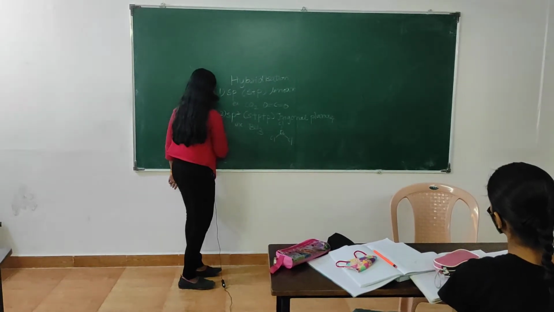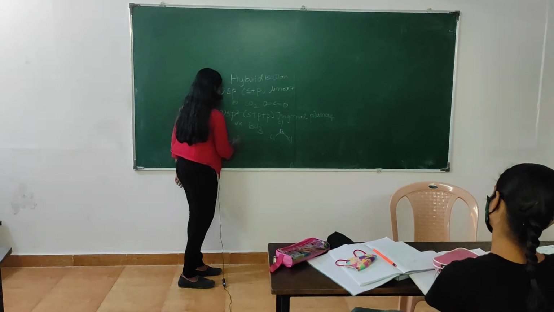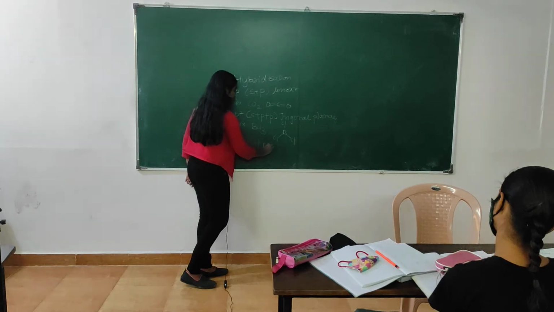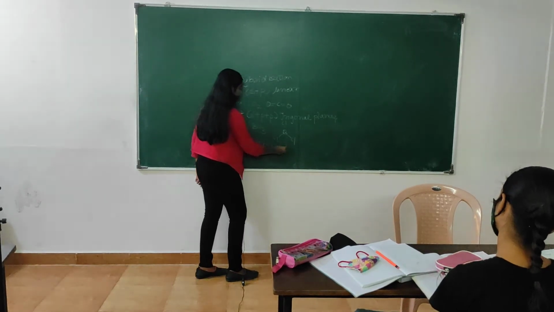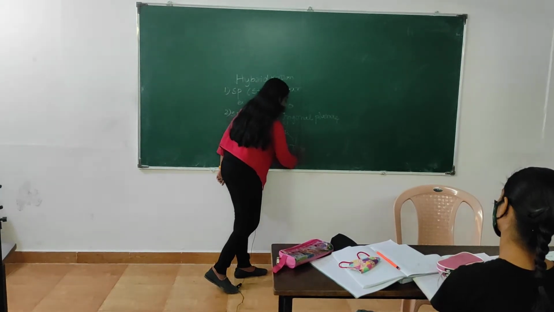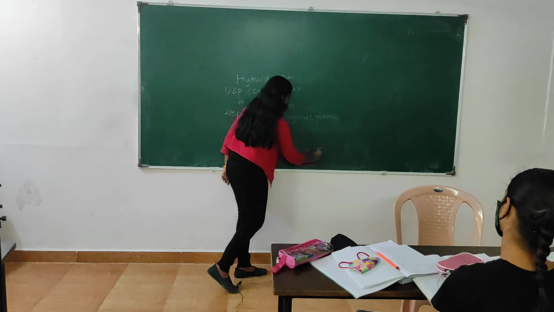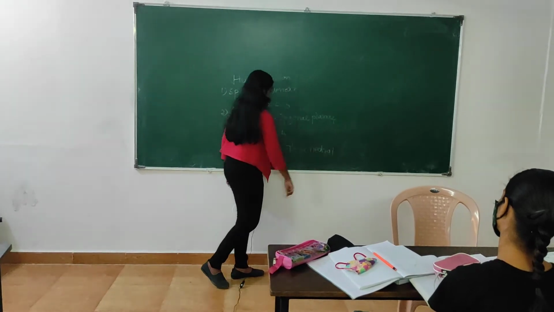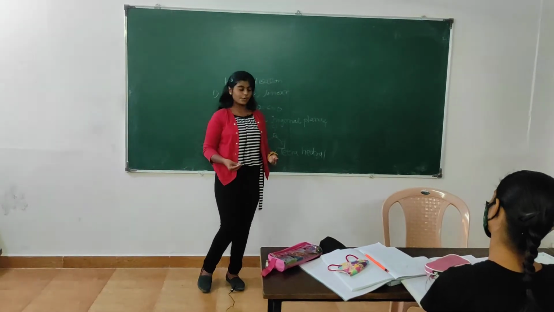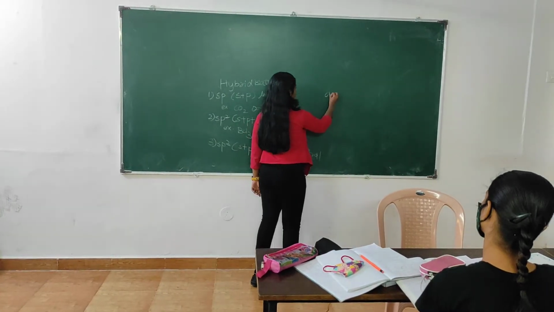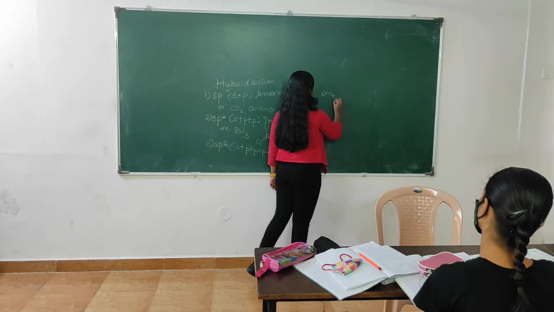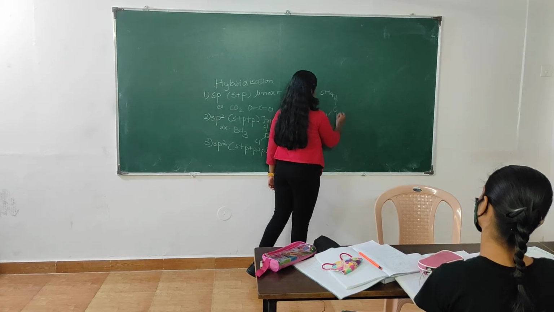Now let's discuss sp3 hybridization. Here we have one s orbital and 3 p orbitals. The structure of sp3 hybridization is tetrahedral, and the example for sp3 hybridization is CH4. Here we have our central atom as carbon and 4 hydrogens are attached with it.